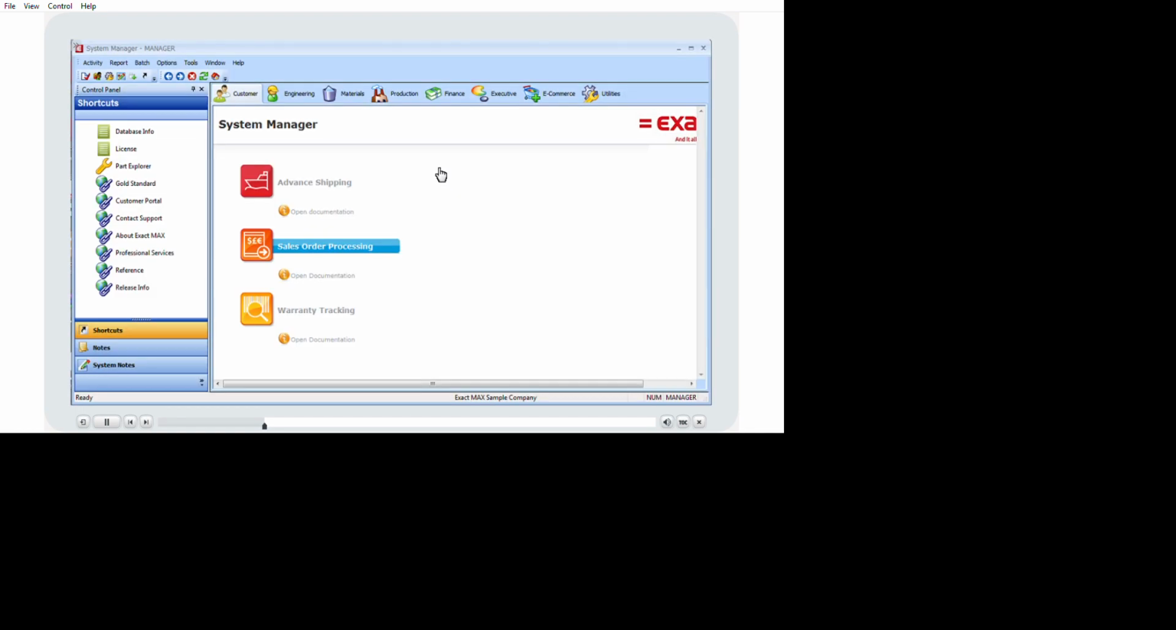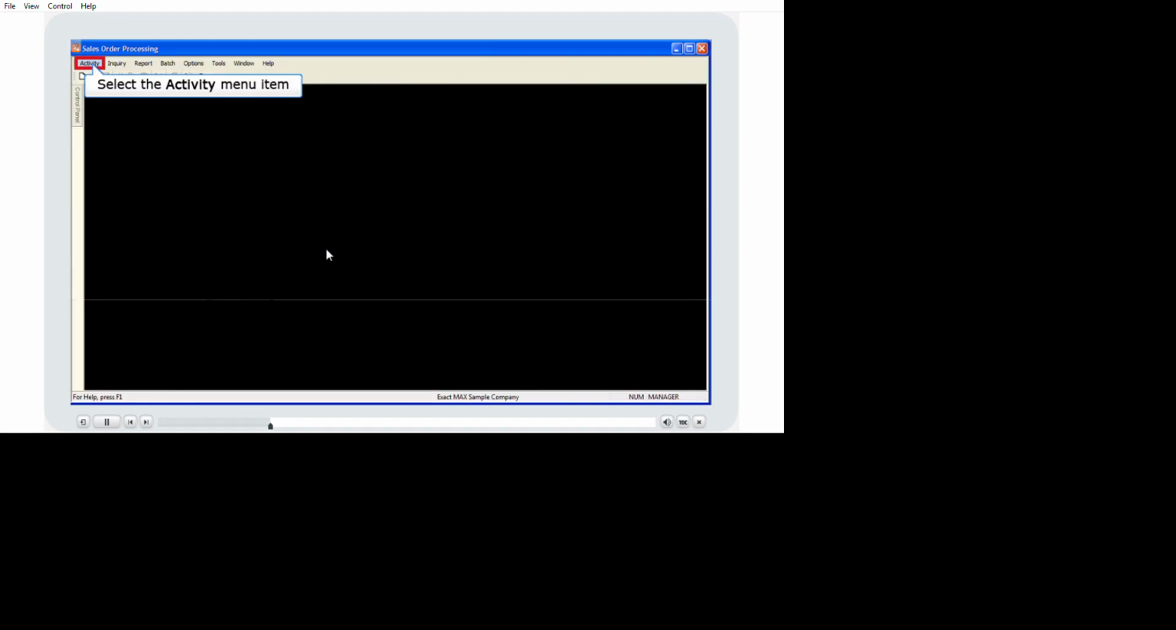To see how the process works, we'll first take a look at an existing order in Max, so we'll be able to tell how the utility works. From the Customer tab in the System Manager, click on Sales Order Processing to launch the module. When the module opens, choose the Activity menu